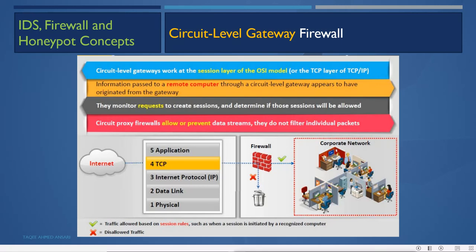This circuit level firewall's job is to manage the circuit level sessions. So it allows traffic based on session rules, such as whether a session is initiated by a recognized computer or not. It only knows whether this machine is allowed to do the session or not, and based on that it will disallow the traffic also.